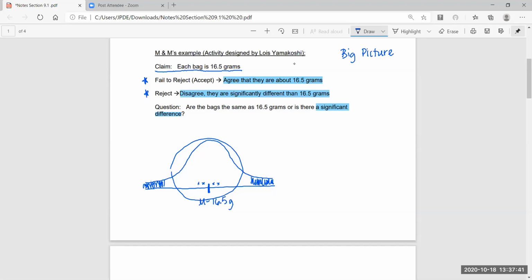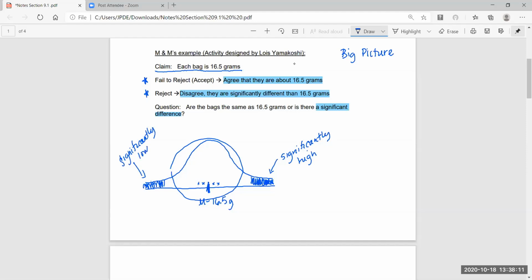The middle are the values that are close to the mean that we're talking about. Over here, these values would be significantly high, and these values would be significantly